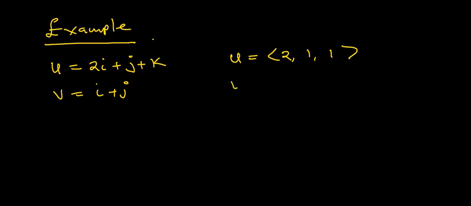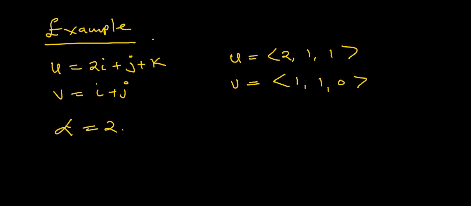So meaning this translates to be what? Your v is equal to (1, 1, 0). So it translates to that. And our alpha happens to be 2. So the alpha is just a constant, like the way we say it. So the first thing they want us to do is to get